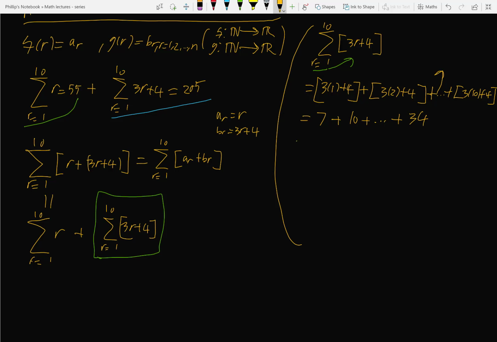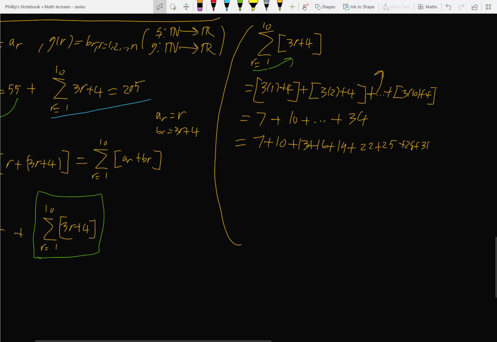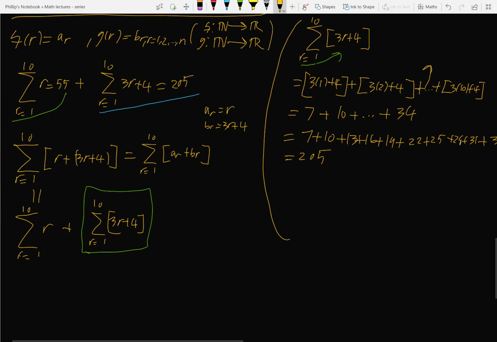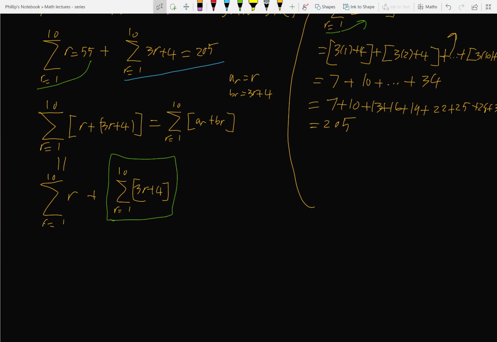So I'll expand it. If you do this on a calculator, it might take you a while. That's what I mean, I've already checked it. Plus 25, plus 26, 27, 28, plus 31, plus 34. You'll find that adds up to 205. Okay? But also this,